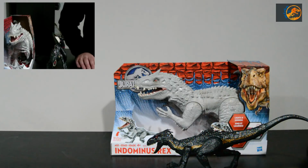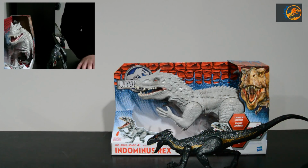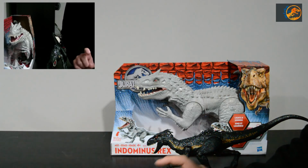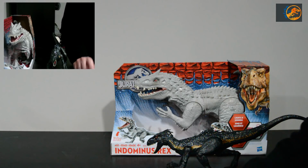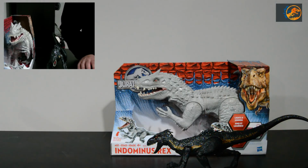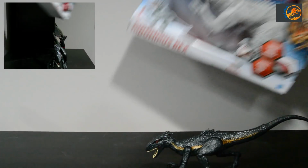So as you famously see in the second and final trailer, the Indoraptor, as a callback to the first movie with the Raptors, does a little ticking against the ground of that retractable claw, which is just a really cool thing to see. So another comparison that I wanted to do